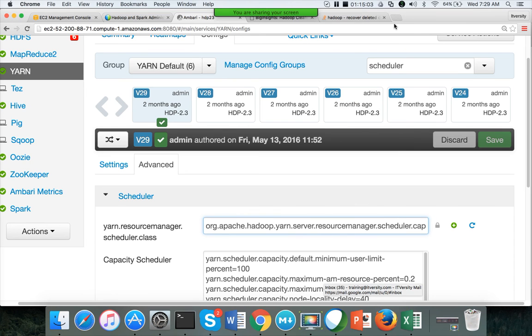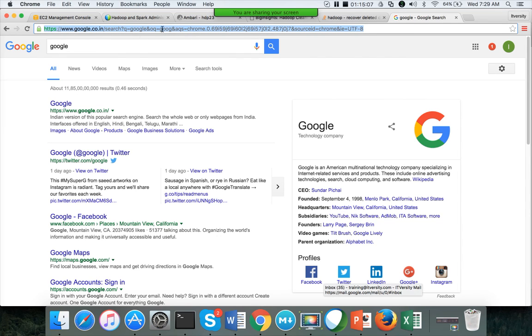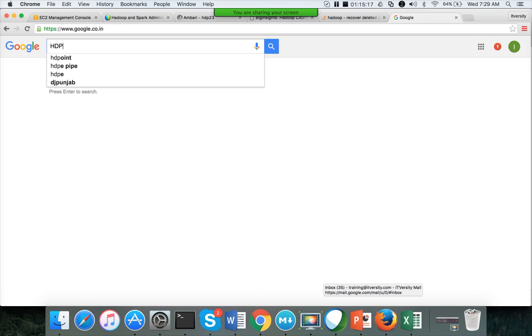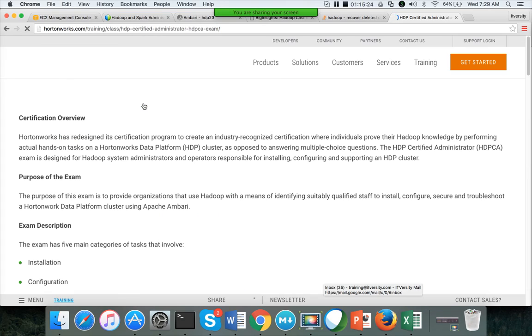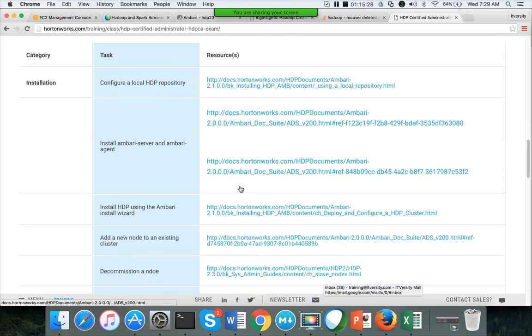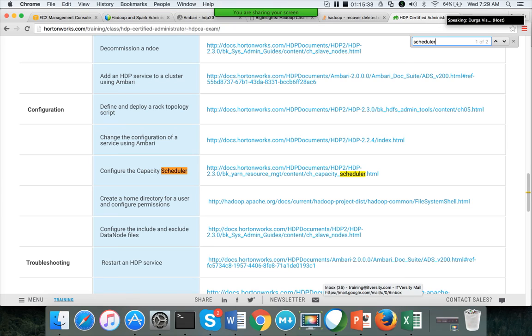Let me use this one. HDPCA. So if you go to this certification, and scroll. So you need to understand the scheduler a little bit for the certification also.